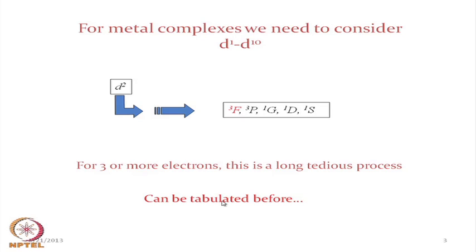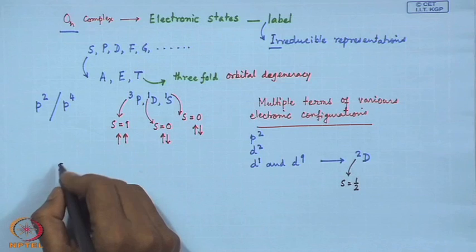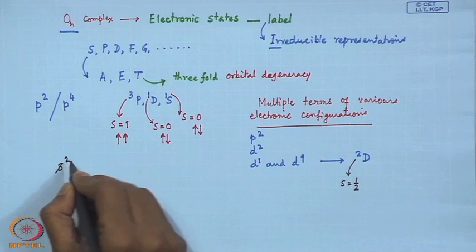What we will be using basically is the tabulated form, because we are interested to know the terms we can have for a particular electronic configuration. So, this is a full form of these various electronic configurations, and we can also include s2, p6